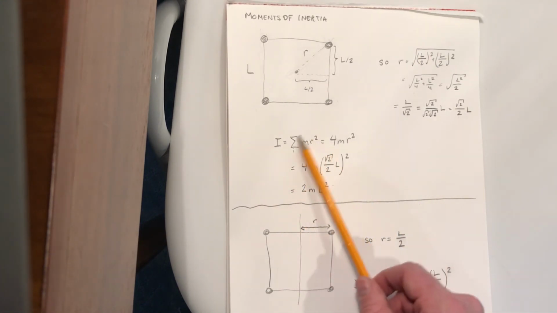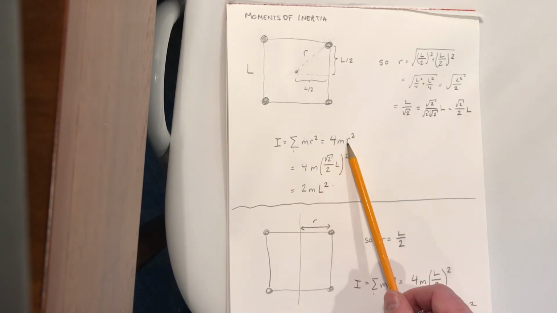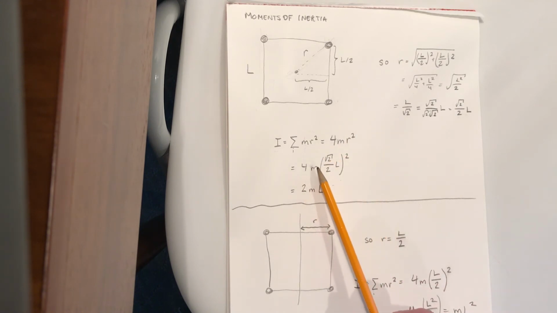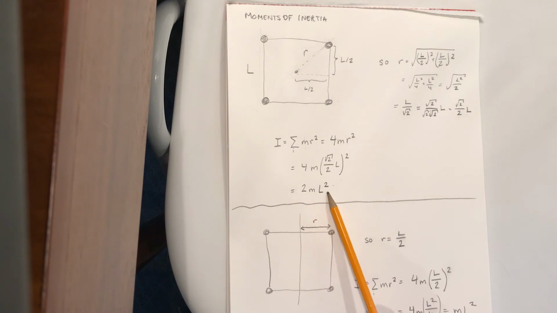If we sum over all four masses, since the masses are identical, we get 4 times each mass times its radius squared, which is 4m times square root of 2 over 2 L squared, and that comes out to be 2mL